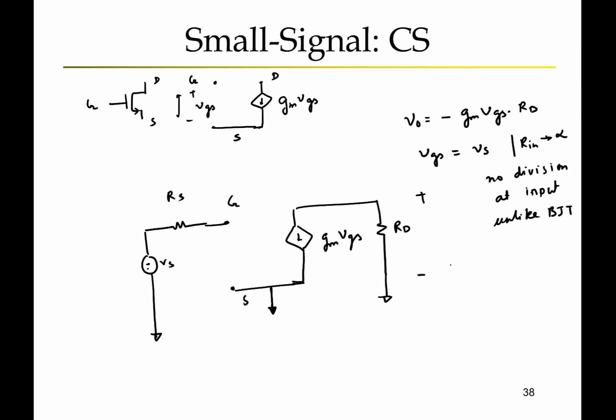So we can calculate the AV0, which is VO over VI or VGS, is basically minus Gm RD. We can calculate Rin is infinity,